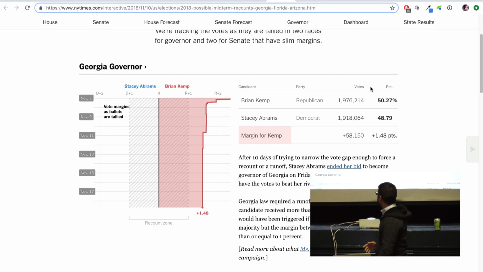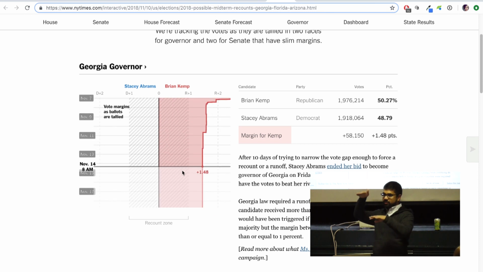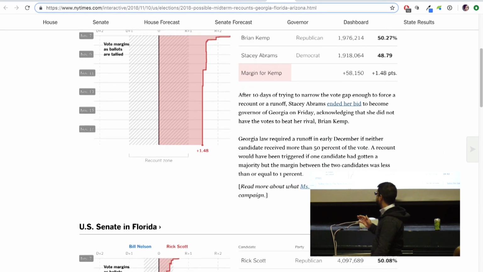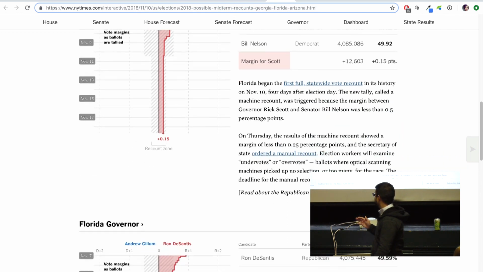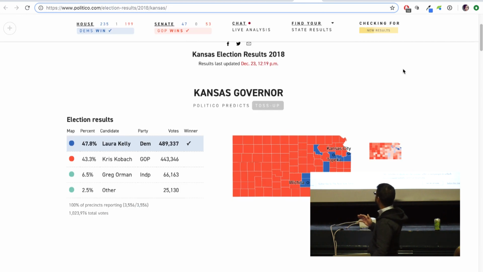This one, I thought this was cool and very simple. So there were 3 states that have really high profile close races. And the New York Times did a version of what I was doing with the tracker with the governor's race. So this is way more interesting, showing how the vote is converging into the recount zone. Looks like Georgia's not going to get there, but you see how throughout every hour the Florida race got more and more into the recount zone, and then Arizona went in the opposite direction, just exploding towards the blue side.